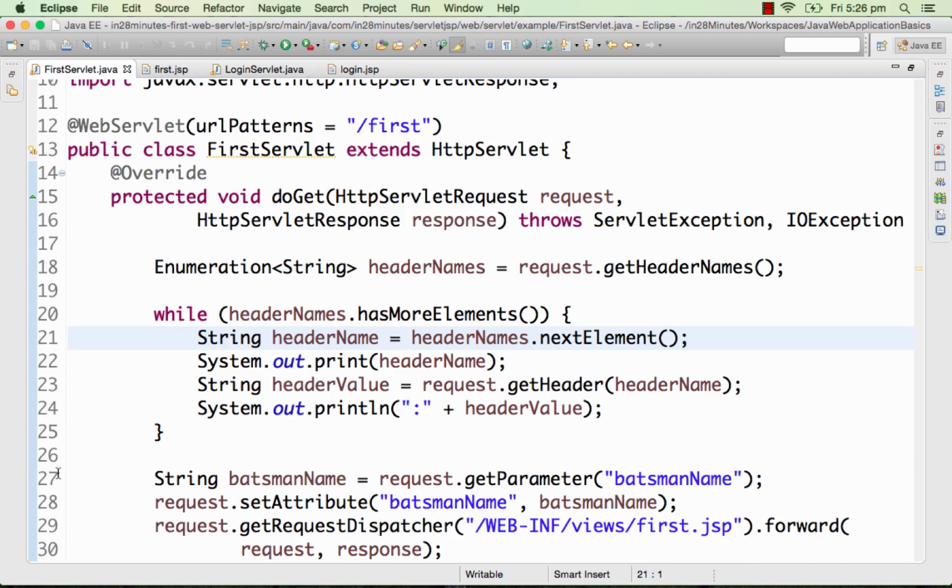The way we do that is by using the while loop. What we are doing here is taking the header names, and while it has more elements, we are getting the next element, getting the header name, and calling request.getHeader with the header name. So I'm getting the name of the attribute and the value of the attribute by passing that name to the getHeader method. We are getting the header name and the header value, and we are also printing it out to the